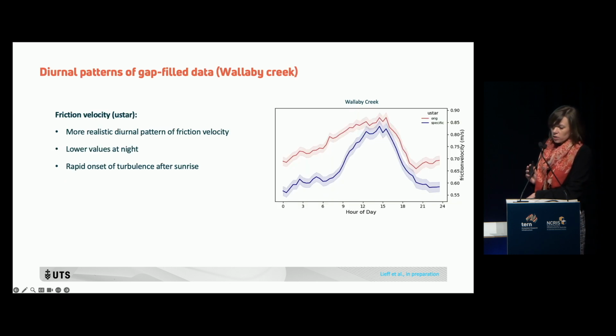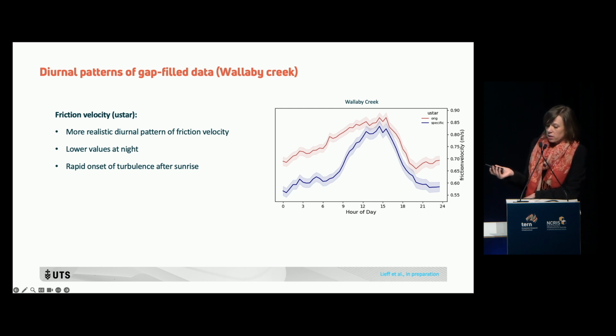Now let's look at some of the diurnal patterns at that site. If we start with friction velocity, you can already see that we got more realistic diurnal patterns. So we've got lower values at night when turbulence is low, and then we've got a more rapid onset of turbulence after sunrise. So this is another indication that the site-specific drivers are better able to capture what is going